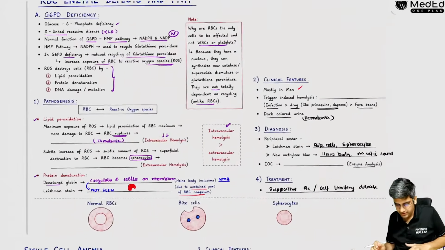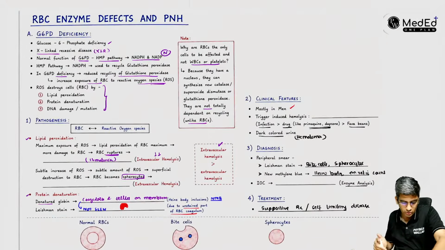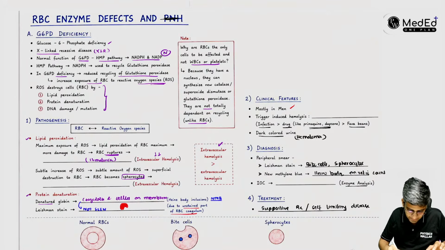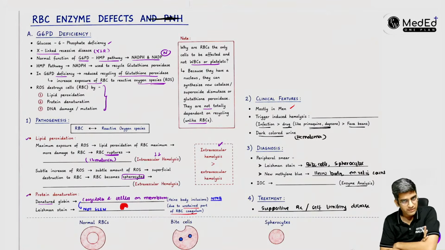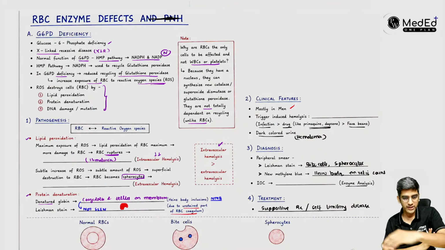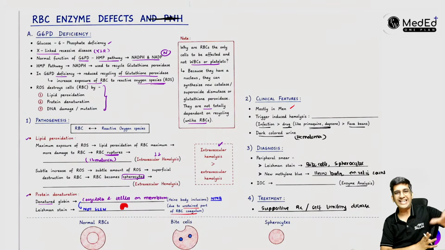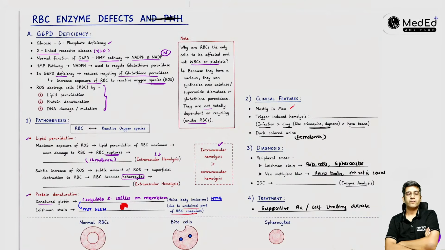Great, perfect. The next disease we're going to look at is sickle cell anemia. We'll look at PNH later. Before going to sickle cell anemia, I'm going to ask you similar questions like I asked for G6PD deficiency. Ready? Starting with inheritance. Can anyone tell me what is the inheritance of sickle cell anemia? That's the first question. I want you guys to answer. It is fine. This is a revision for us, right?